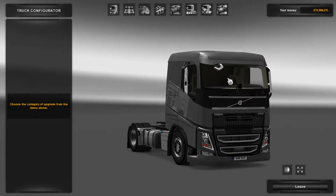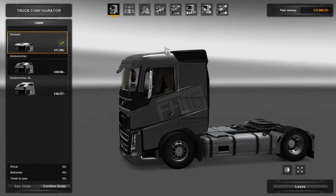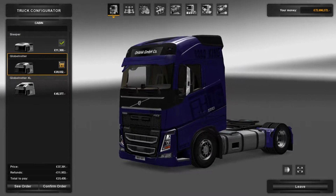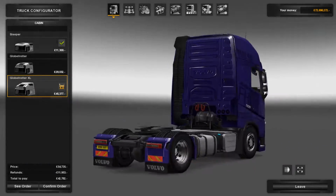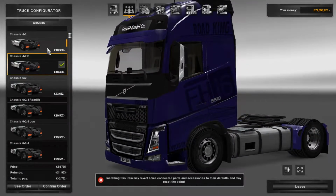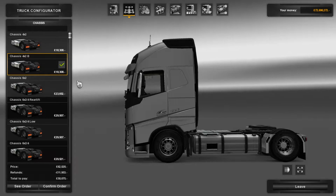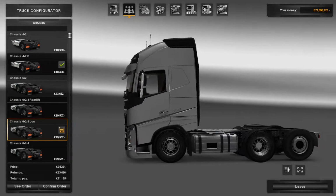Okay then, so here we are in the upgrade shop. As you can see, this is sort of the standard cab. It's a sleeper cab, but if you were taking non-box trailers, you'd go for this cab. But if you want to work your way up, you can go through the Globetrotter, and even more headroom if you're really tall, you could go for the Globetrotter XL if you wish. As you can see here, there are tons and tons of chassis to go for. Starting with the 4x2, you can have a lower 4x2 if you're going for some really tall trailers, so they fit under bridges properly. You got a 6x2, 6x2 rear lift, and then low at the front,